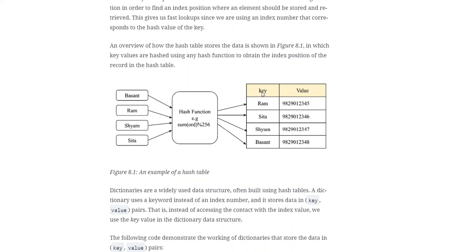So we have a label, a value, but in hash tables we call it the key and the value. The key for RAM, here's the value. Key for SITA, here's the value. Key for shim is the value. So that's the logic of it. For each key,